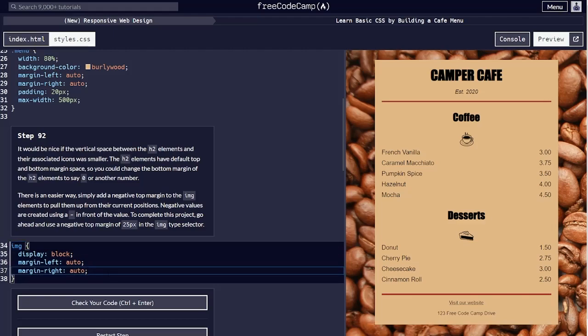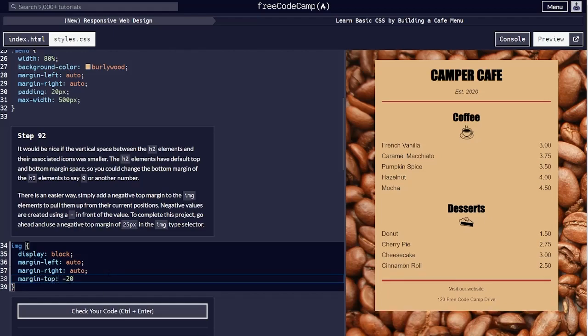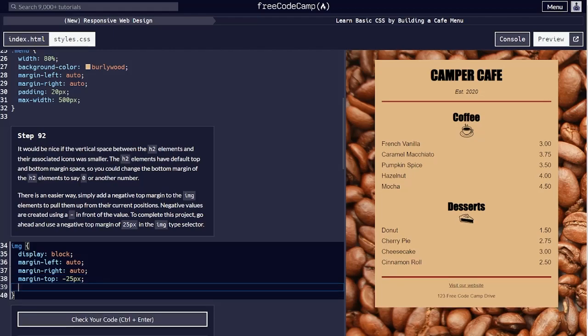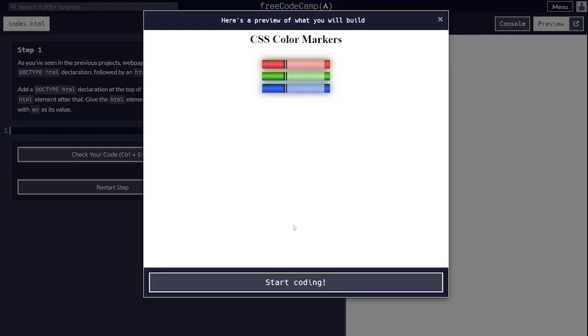So we're going to do margin top negative 25 pixels. Okay, and that's it. Alright guys, we've completed our cafe menu, and next it looks like we're going to be making some CSS color markers,